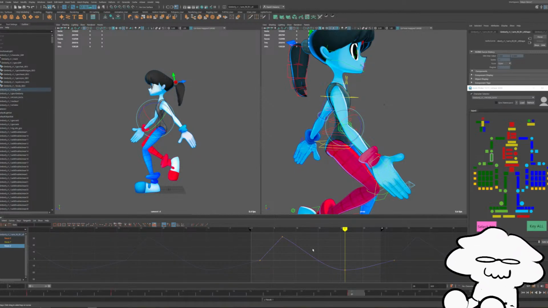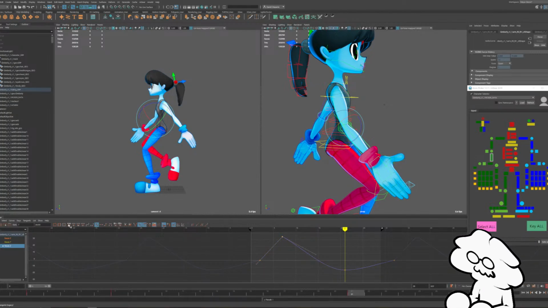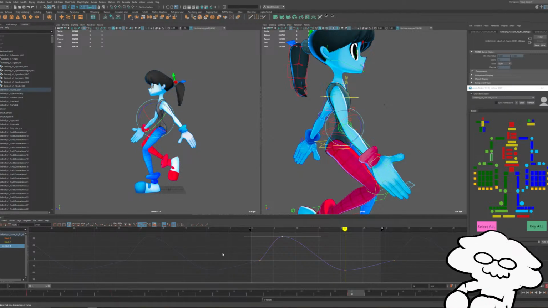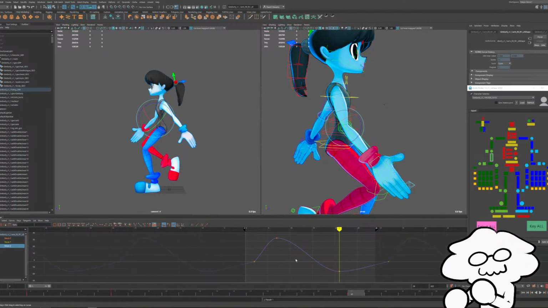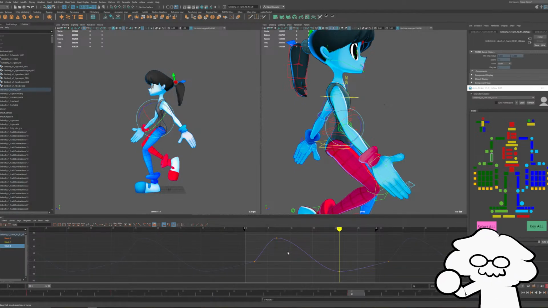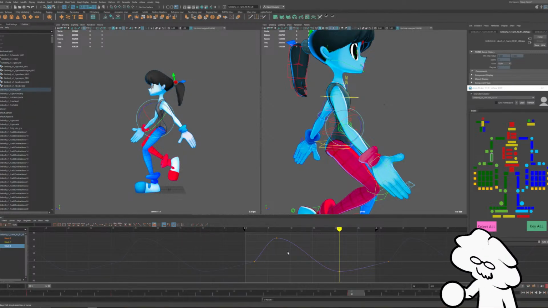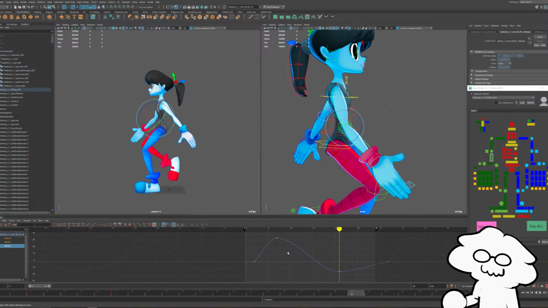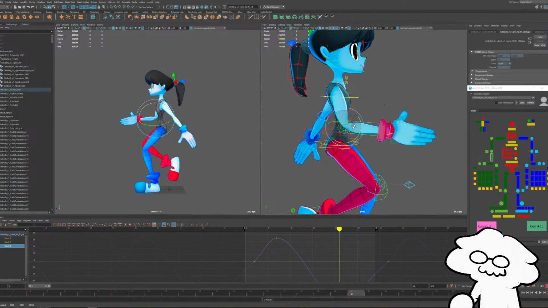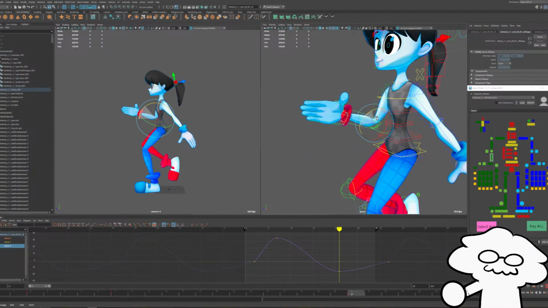So yeah, graph editor stuff, it takes a while. I can do a whole thing on graph editor stuff, honestly. The graph editor itself is just a big part of 3D animation in general, and you just slowly start to learn it. Once you begin to separate each rotation or position channel as individual curves, then it makes a little more sense. Like this purple curve is describing her forearm rotation.